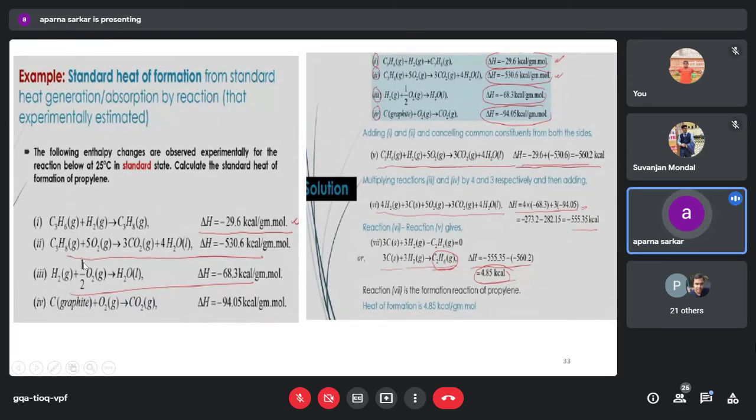Then for the third reaction and fourth reaction, multiplying reactions 3 and 4 by 4 and 3, we need to multiply equation number 3 by 4 and equation number 4